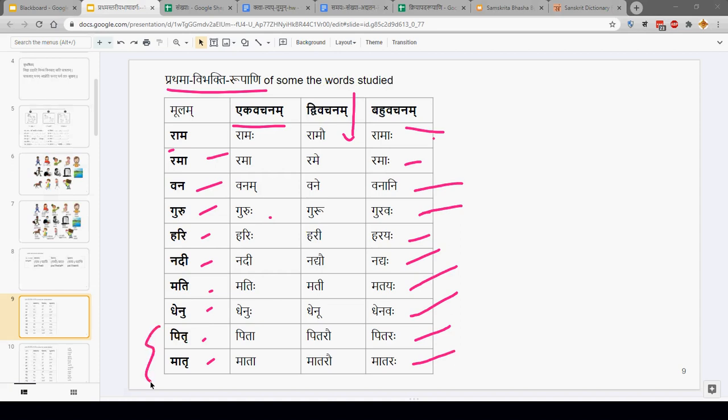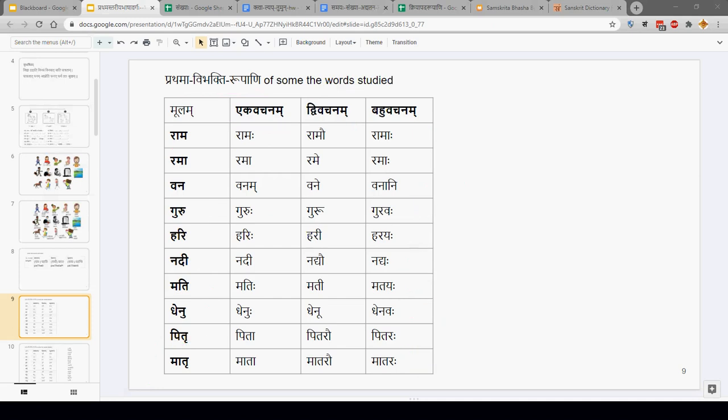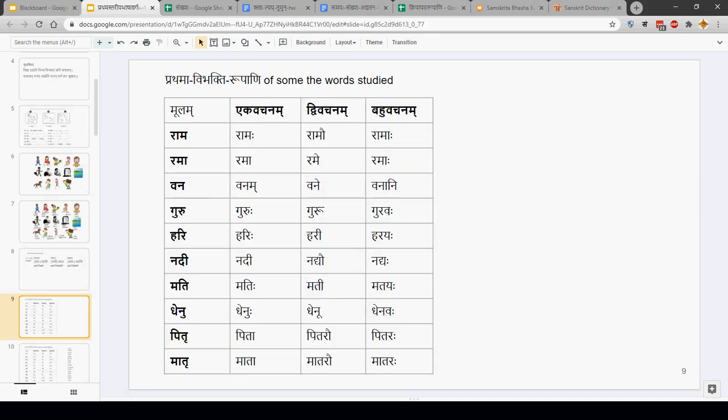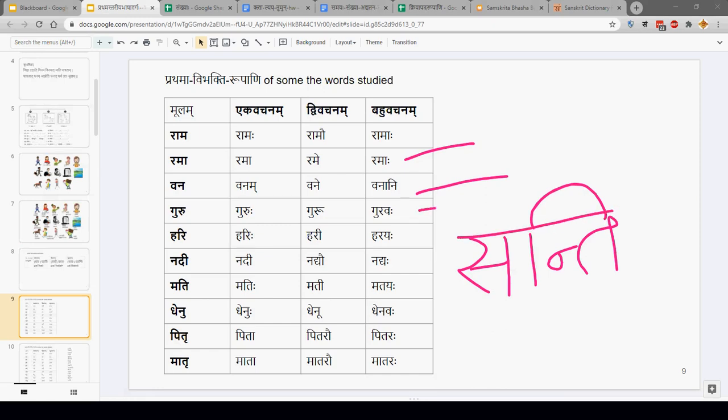So these last two may be confusing, but I'll just put it on the table. Because these are ending in Ru, the Moola or the base word is ending in ru: Pitru, Matru, Pitaraha, Mataraha. If we are using this kind of bahuvachana form, we can use the bahuvachana form of kriyapadam, like Ramaha patanti, or Balikaha patanti, Vanani santi. Santi is the bahuvachana form of asti. Vanani santi, Guravaha